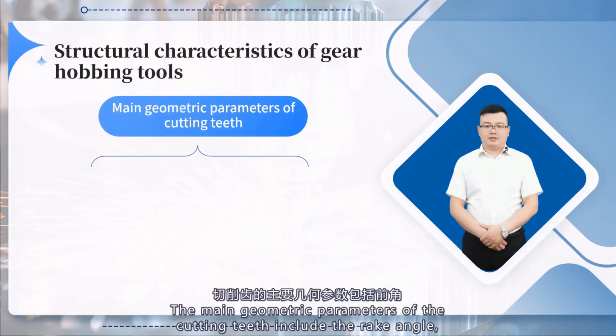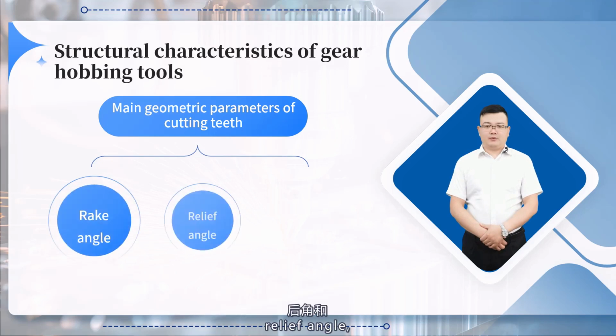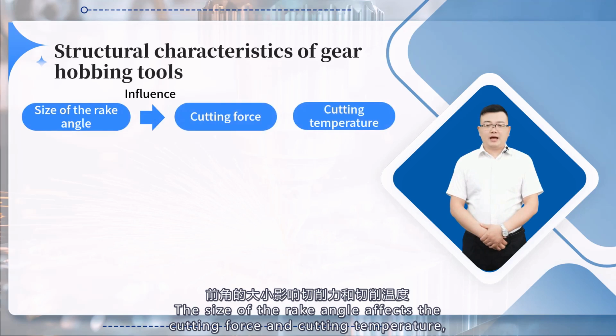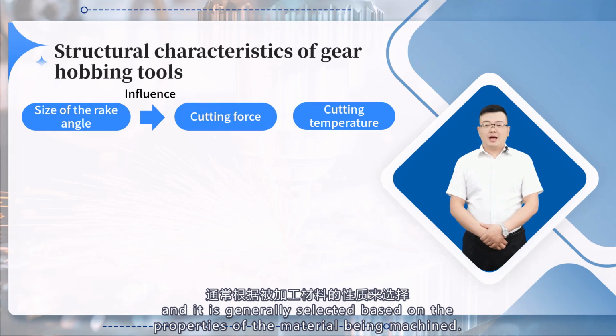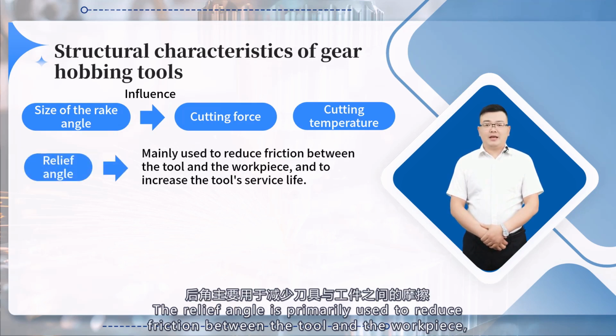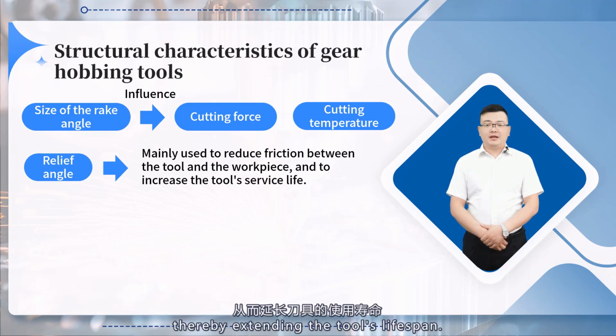The main geometric parameters of the cutting teeth include the rake angle, relief angle, and helix angle, the angle between the rake face and the end face of the hob. The size of the rake angle affects the cutting force and the cutting temperature, and it is generally selected based on the properties of the material being machined. The relief angle is primarily used to reduce friction between the tool and the workpiece, thereby